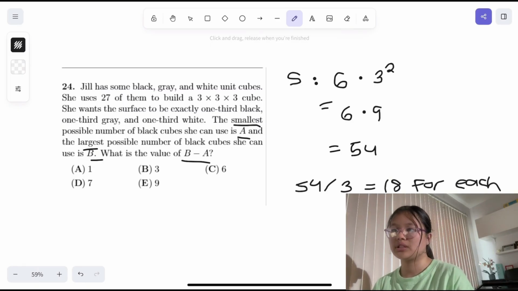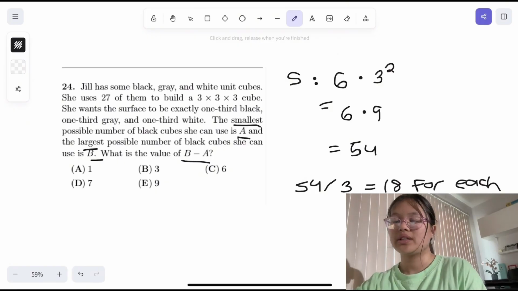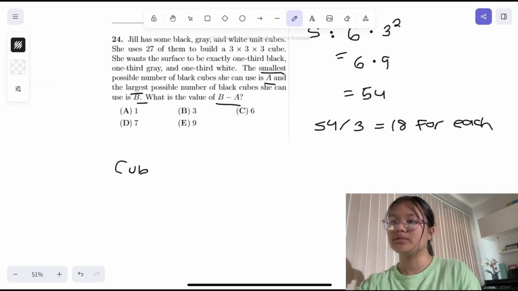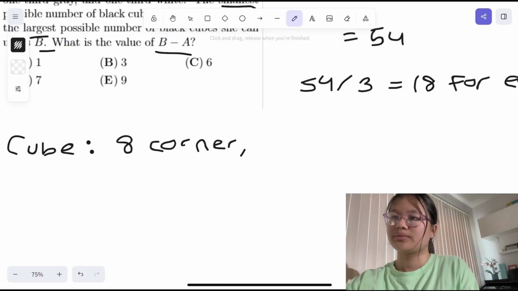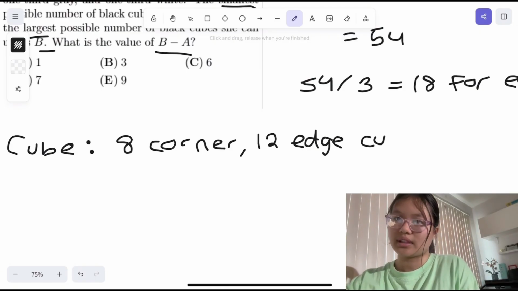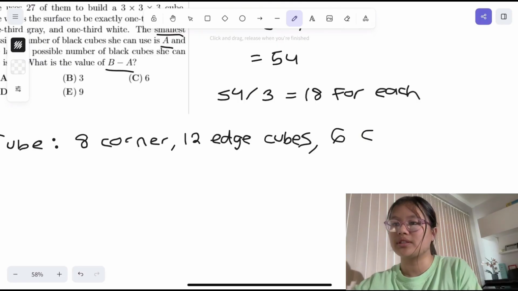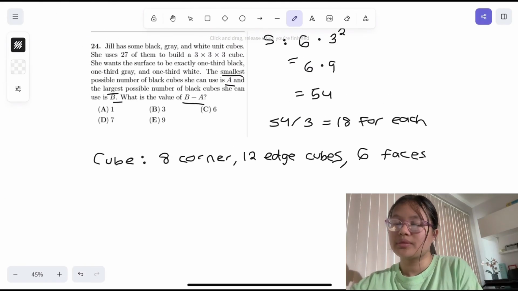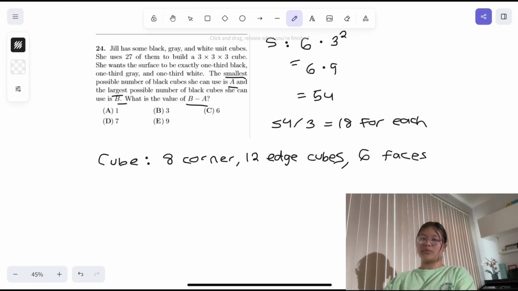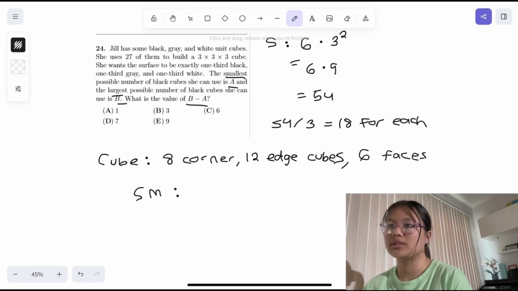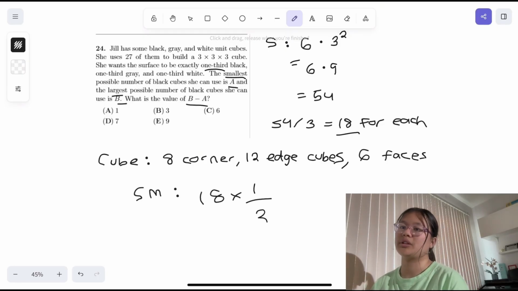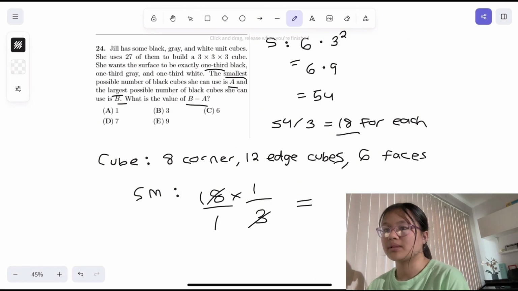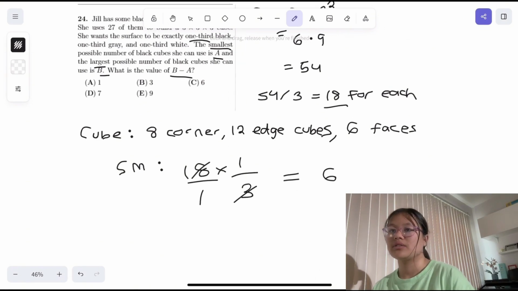So in a cube, what we can see is that there are 8 corners, and then there's 12 edge cubes. And then there are 6 centers of faces, since there's 6 faces on a cube. And then to find the small cube, what we can do is the 18 for each, which is what we did. So 18 times 1/3, because the 1/3 black says so up there. Then cross it out, has the same 3, and then equals 6. For the large cube,